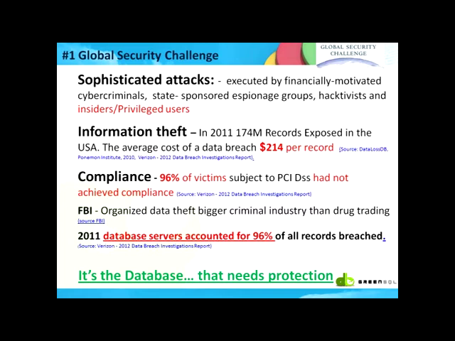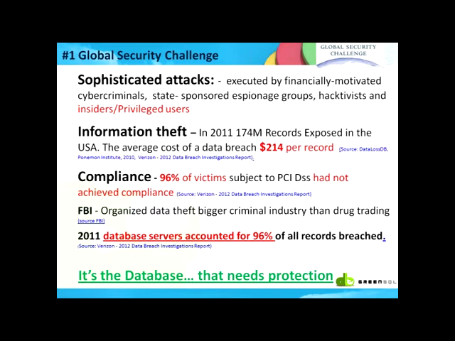It has become such a major issue that even the FBI has named organized data theft a bigger criminal industry than drug trading. The information contains personal identity information, from private information about yourself to customer information to credit card information, and it has become the biggest value to hackers and cyber security attackers.